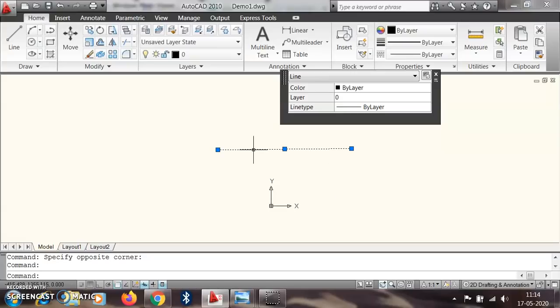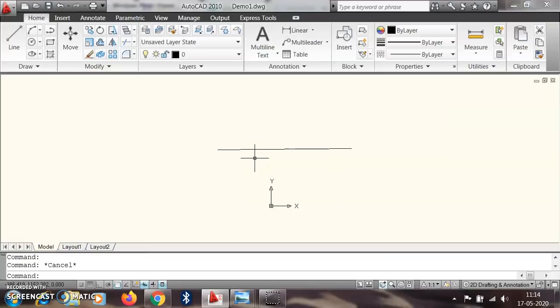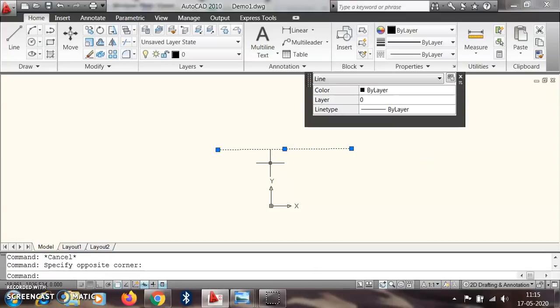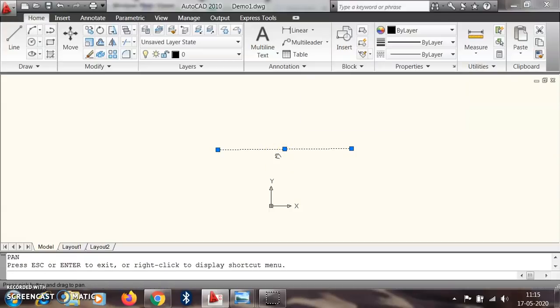Suppose I want to unselect it, I just press the Escape button on the keyboard. And suppose I want to complete any command, in that case you have to press Enter. So Enter and Escape play a very important role whenever you start AutoCAD.